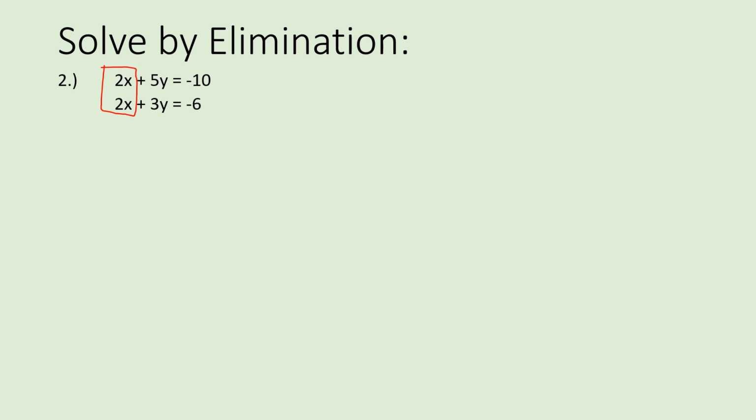So instead, what we want to do, there's two different ways we can think about it. We can either subtract these two, or we could change the bottom one by multiplying it by a negative. So this would become a negative 2x minus 3y equals positive 6. Okay, once we have that, if we combine it with the top one,